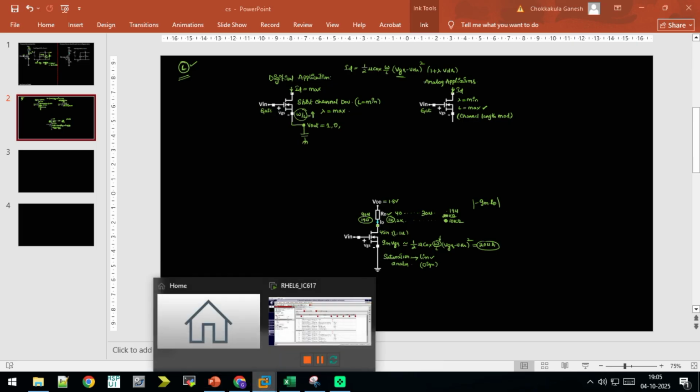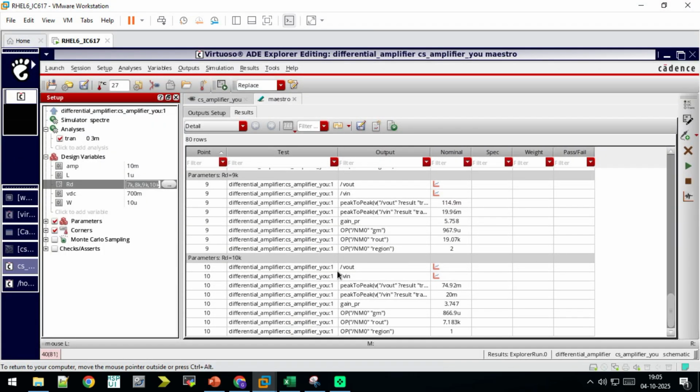Yes, so we will try that. Now what I'm trying to do is the W value, which I kept with the value of 10 micro, now I'm keeping 8 micro. So now when the W value is reduced, the transistor will be expecting less current. So if I do the simulation now,